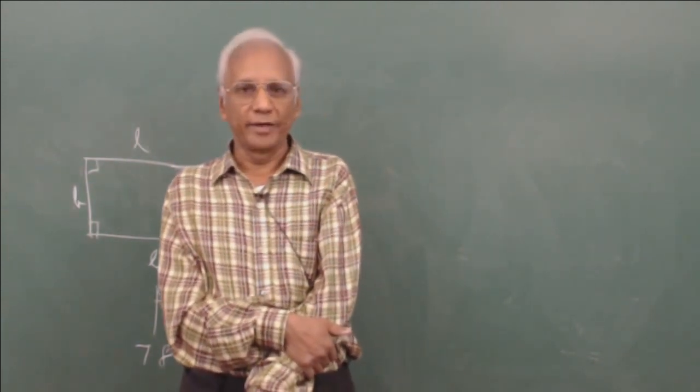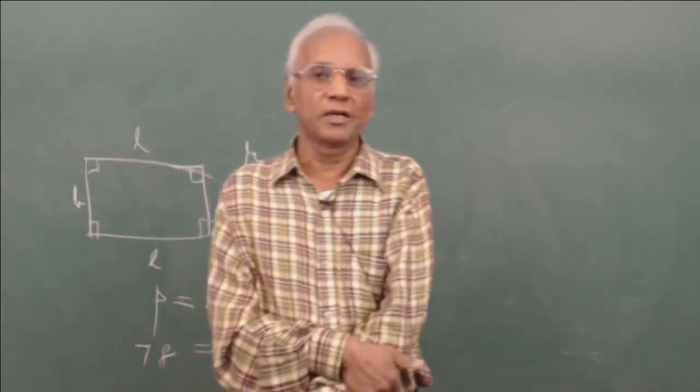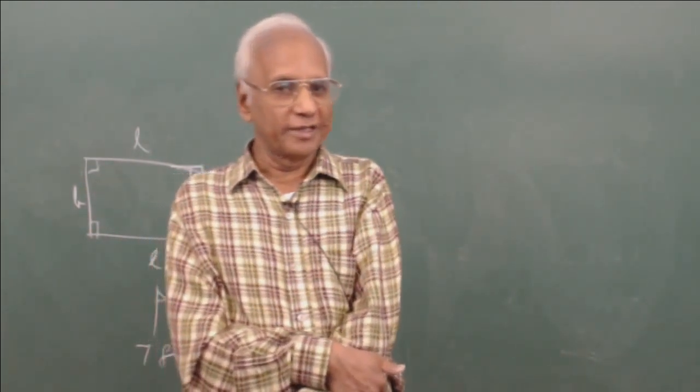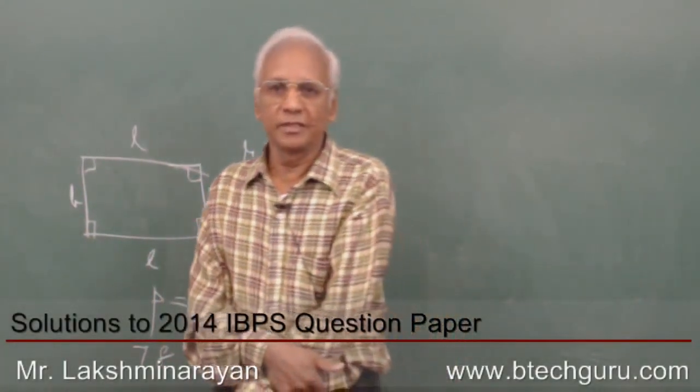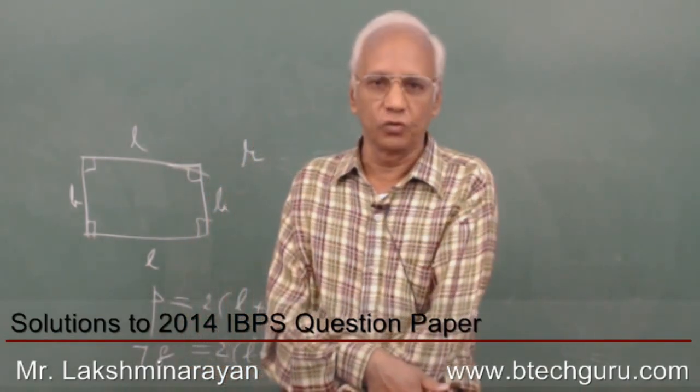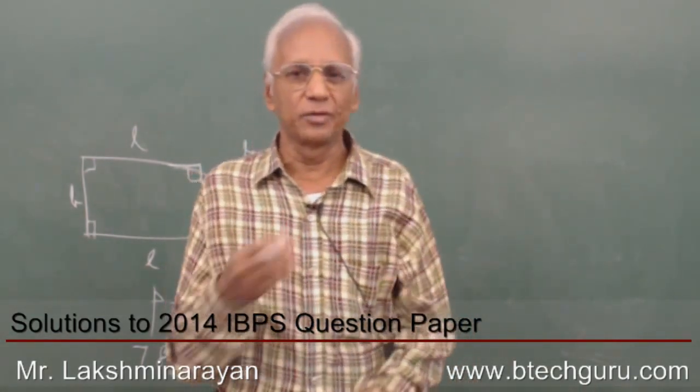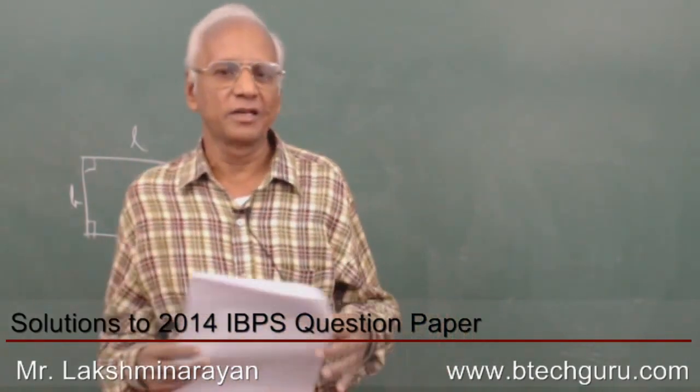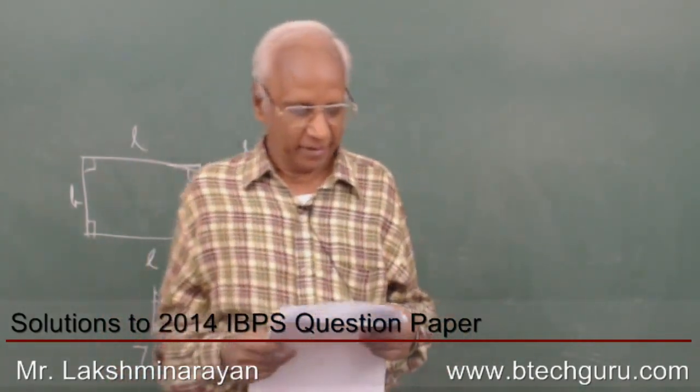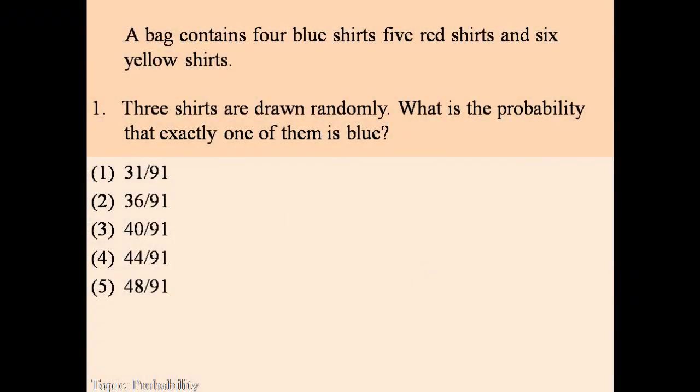So, we say probability is 1/2 because there are two possibilities. Maximum possibilities are two, head or tail. So, we put it in the denominator. Suppose somebody calls head, the chance of head appearing is 1 out of 2. So, 1 appears in the numerator. That is a very simple probability. Now, let us go to some actual questions which are a little more complicated, but not that complicated. If we read them and understand them simply, it will be enough. To solve these questions, we require a background knowledge of combinations. I assume that you know combinations, because I am going to directly apply combinations and solve these questions.